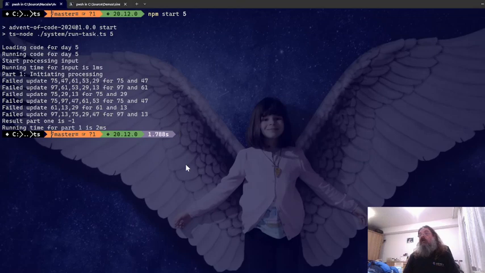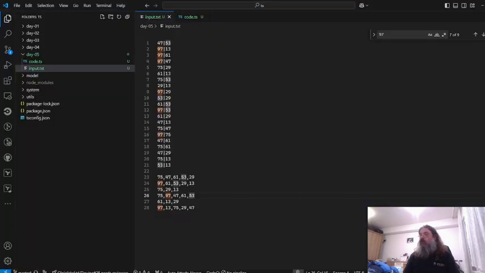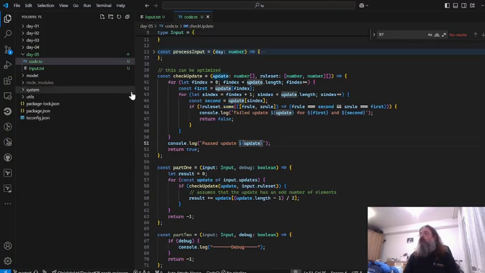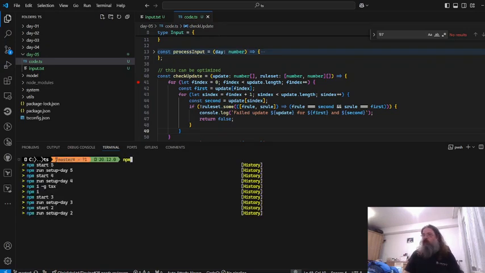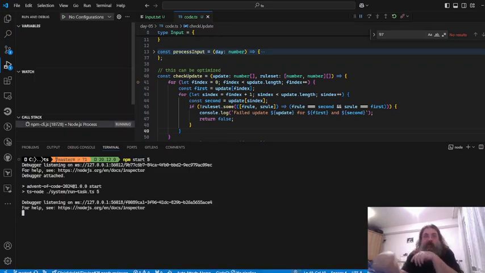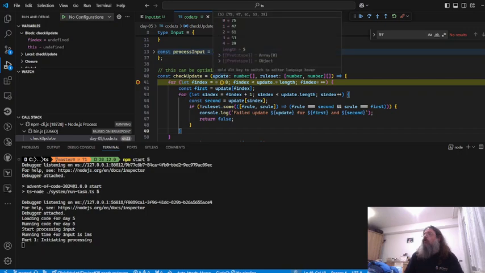I don't know, let's debug some more. Actually, we might want to do some proper debugging like this, but for that I need to start the code from the terminal inside the VS Code. Let's do npm start 5, and this attaches a debugger, so I will be able to actually stop on a breakpoint and look into it. So of course we have our update, which is the first one,